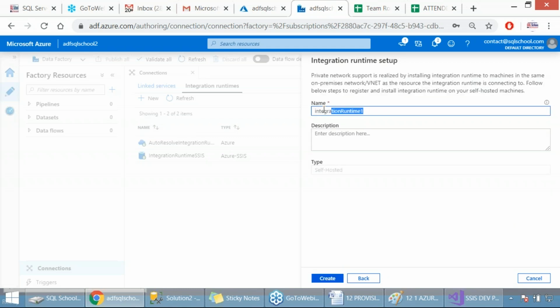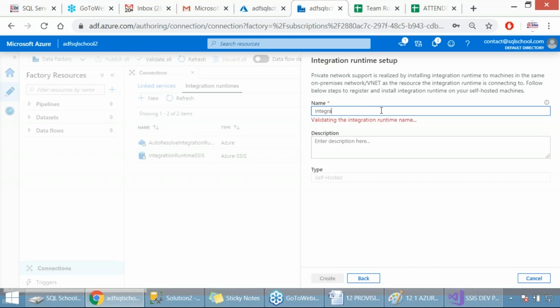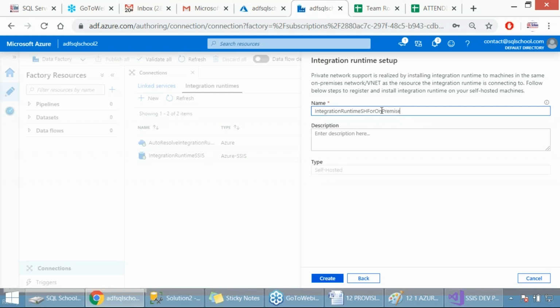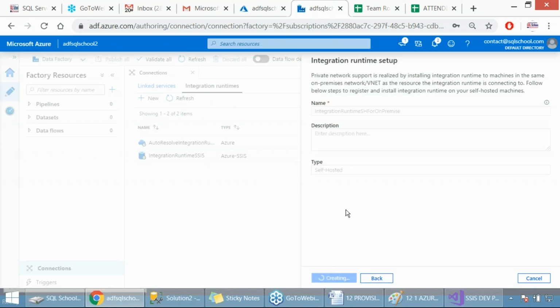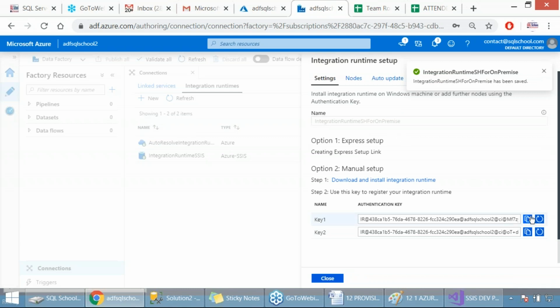If you are recreating the ADF resource, then just configure it again. So this is the integration runtime, self-hosted for on-premise access. Give some description and create. Make sure it is already there with you. If not, create it. You got the key value, right? Copy the key